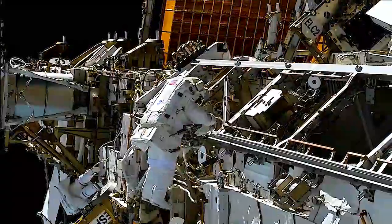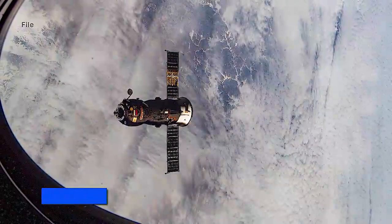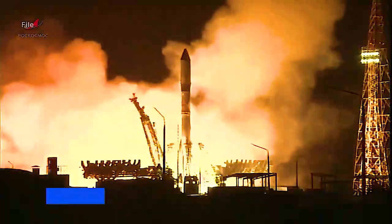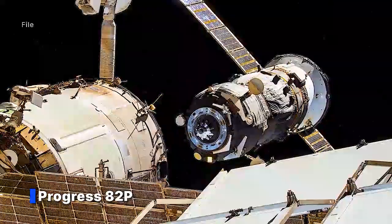January 20th. February will be a busy month for traffic around the space station, with multiple spacecraft leaving and arriving to the orbiting laboratory. We will kick off the orbital spaceship Tango with the departure of Progress 81P from the Russian segment in early February. Then, we will see the launch of Progress 83P from the Baikonur Cosmodrome shortly after, followed by its rendezvous and docking with the ISS. Following this, we look forward to Progress 82P departure to make way for the arrival of